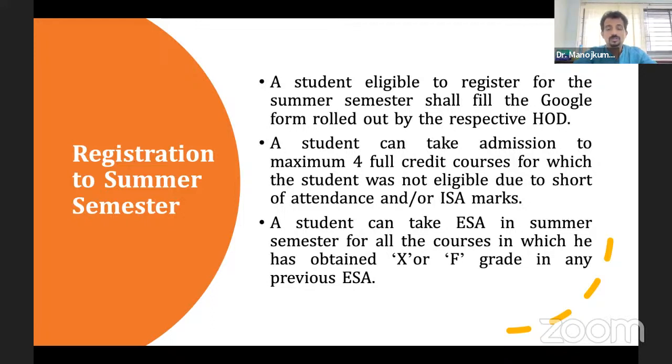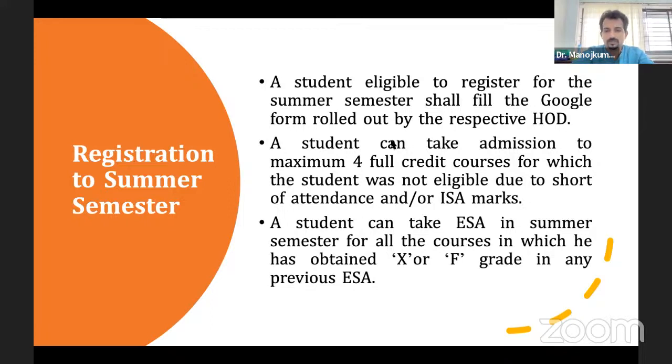It is with respect to students who have suffered ineligibility in a particular course. So maximum 4 full credit courses means 4 credit courses, 4 you can take. 4 fours are 16 credits. Another way of putting it is you can take a maximum of 16 credits in summer semester, because sometimes students have cleared the full course but have failed to clear a half credit course, that is a 2 credit course or 1 credit course. For example, in the 4th semester of second year, there were 2 credit courses of 2 credits each. If you have suffered ineligibility in those 2 credit courses, that also you can take. What you are finally supposed to observe is that a total of 16 credits you can take in summer semester